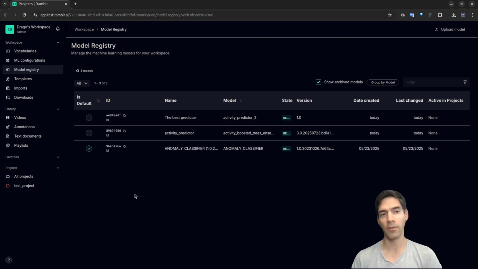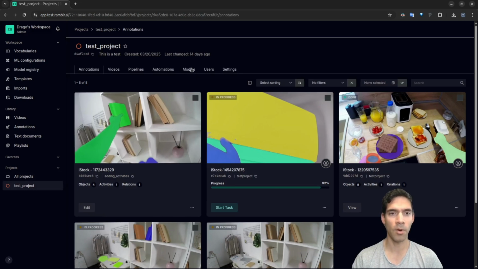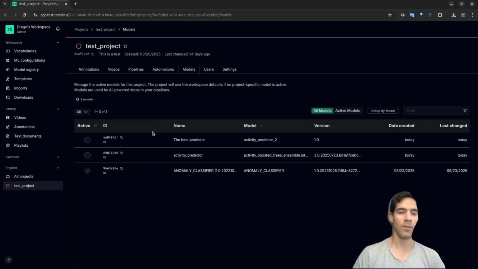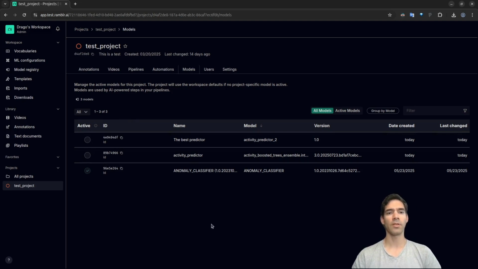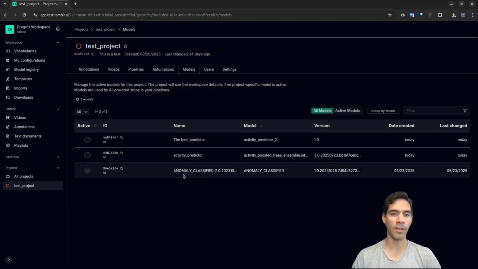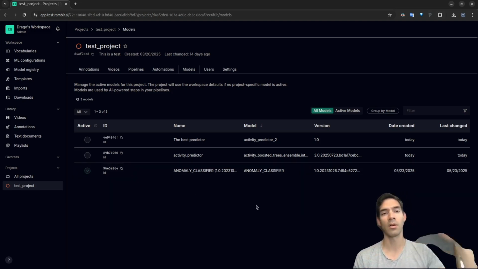Is there a project default when I'm in the project? So for example, if I go to this project here, there's a models tab. And we can see here, right now I actually have no project default. So it's going to say, well, okay, there's no project default. Let's look at the workspace default level. Then it'll find this guy. It'll use this guy. If not, it'll go then to our common workspace where we have the generic level models,